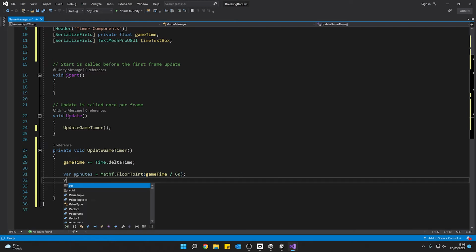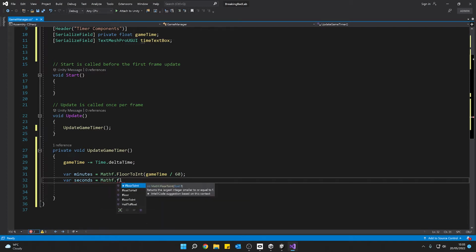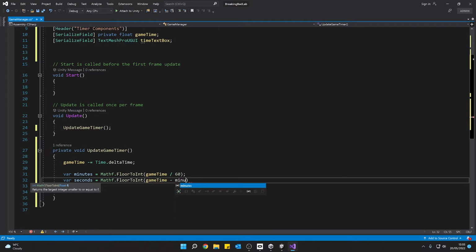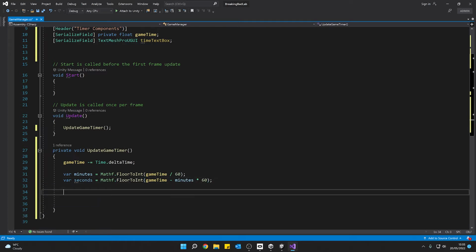And then we want the same for seconds, almost. So var seconds equals Mathf.FloorToInt, passing it the game time, but we're going to minus the minutes because we already know what they are. And then we're going to times it by 60. Give us the seconds. Now we need to convert this into a particular format so we can display it how